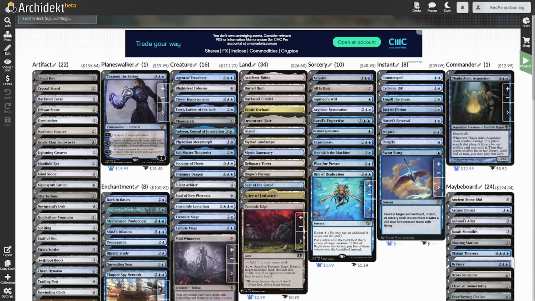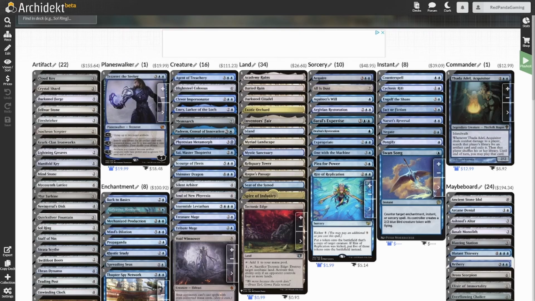Thada Adel Acquisitor. Now, not a common deck that you see, but I wanted to make a mono blue deck, and there's so many other decks out there that are mono blue, but nothing just jumped at me, and Thada was the one that somehow did it for me. So with the Island Walk, just naturally a nice ability, and Merfolk. So I didn't focus on these two too much, except for the Island Walk a little bit, as it allows her ability